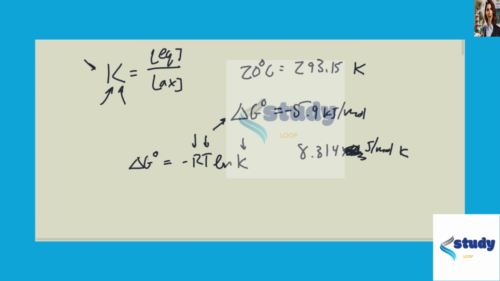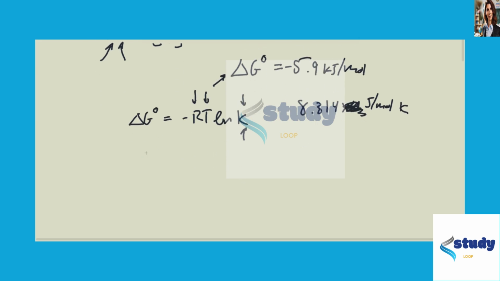Okay, great. So we need to solve for K, right? And we just divide by negative RT, so we get delta G naught over, let's move the negative to the top, just out of